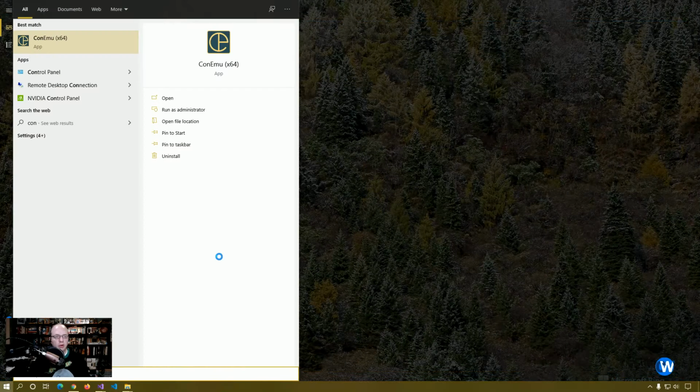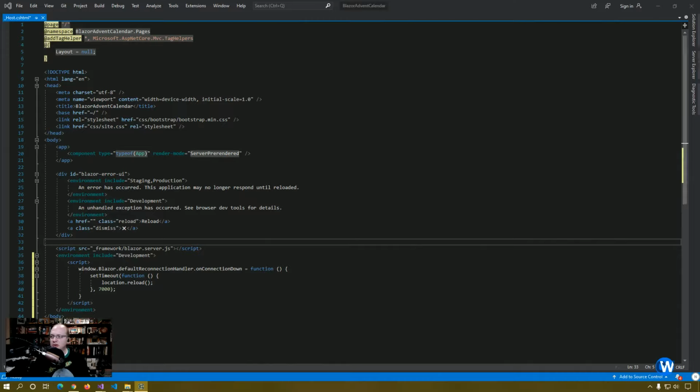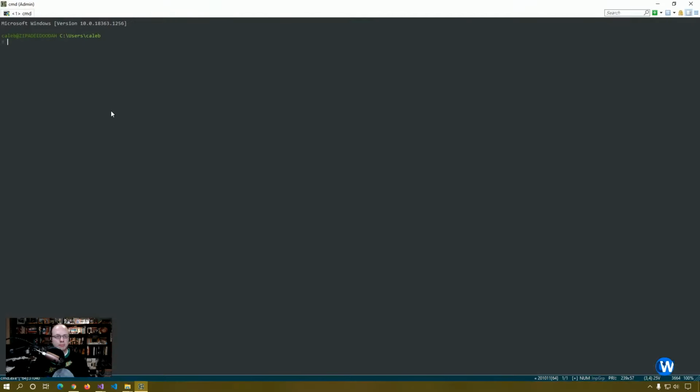So what we're going to do is go in here and actually start the Advent calendar. Okay, so we're actually going to start a .NET watch run. And you can, of course, do a .NET run or debug inside of Visual Studio, but this,